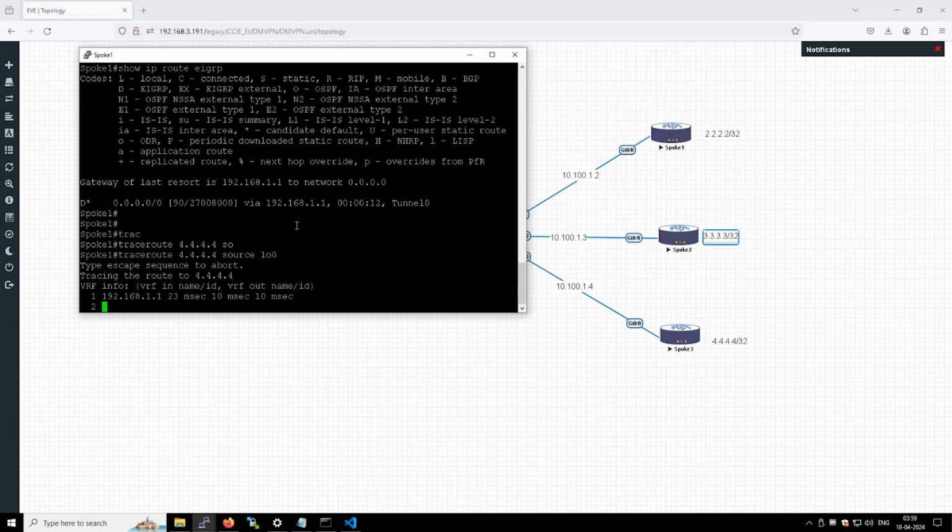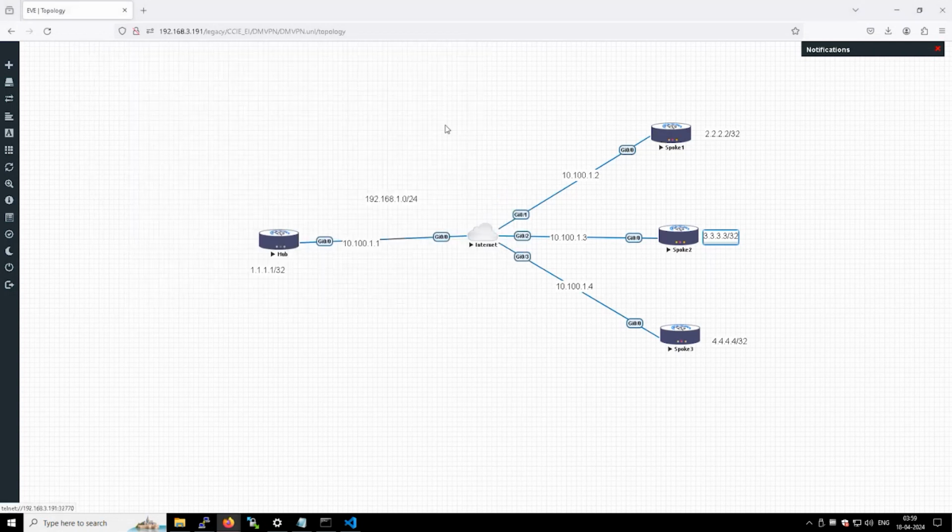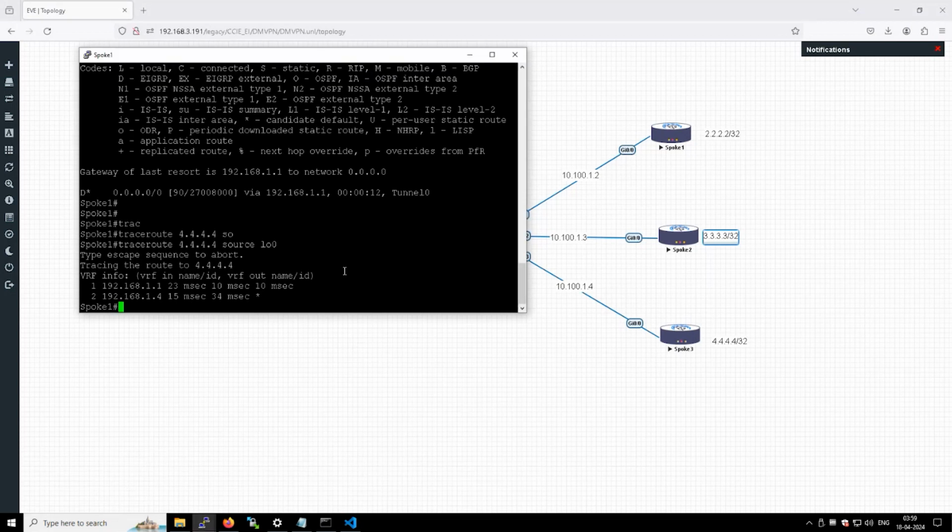Okay, it has gone to the hub router, which is 192.168.1.1. And then it has come back to the spoke 3, 192.168.1.4. So it has gone from spoke 1 to hub and then hub to spoke 3. But we wanted the spoke to spoke communication, right? So why is it not working? It is working,